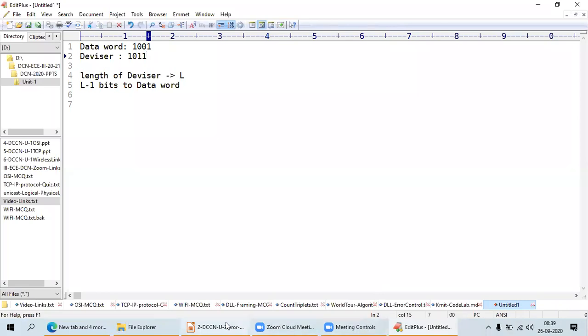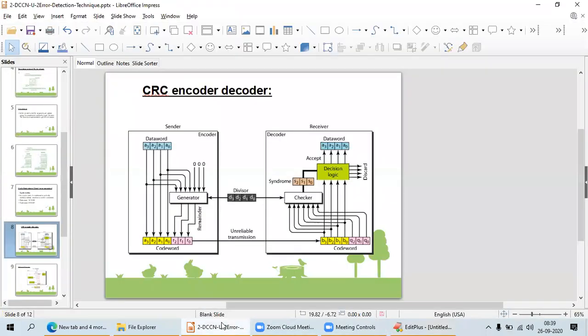First, I will generate that with the help of cyclic redundancy check. I will do binary division of the data word with the help of that divisor.